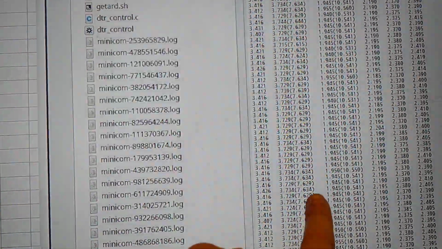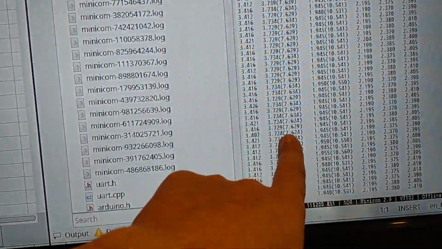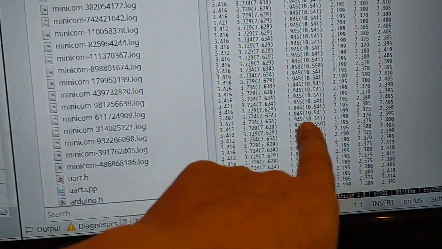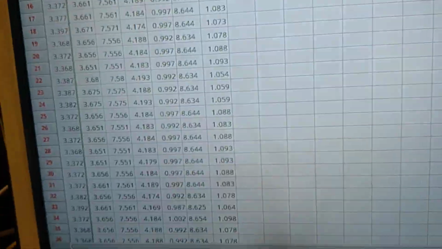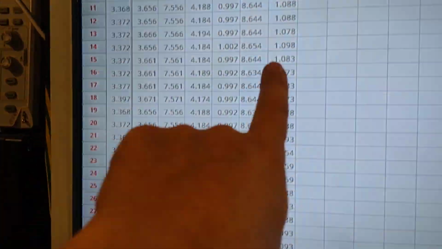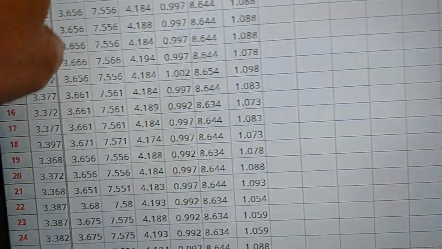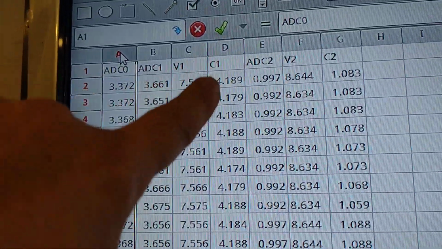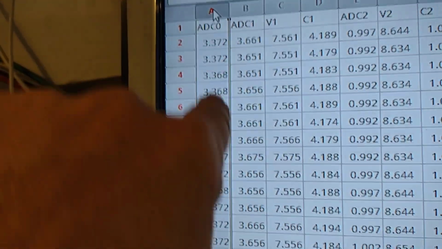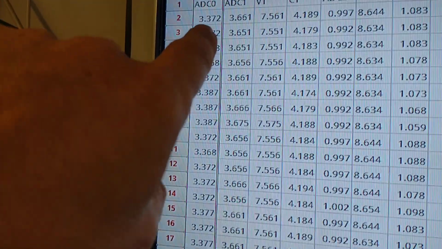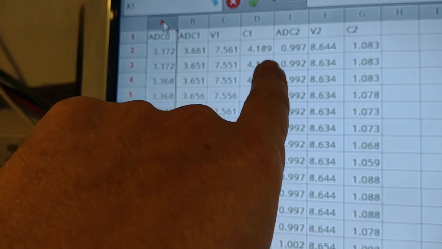This is generic, and basically what I've done is I've separated the bracketed value, which is currently showing like 10, and at the time it was showing 8. V2 is the bit that's in the brackets, and then separately I've calculated the voltage of the cell. C0 is the first one I call it. The ADC is actually reading the cell voltage, and then the second one is C1, which is currently